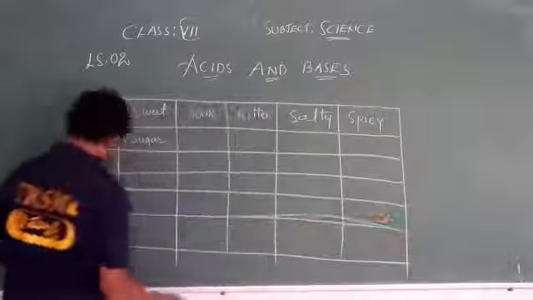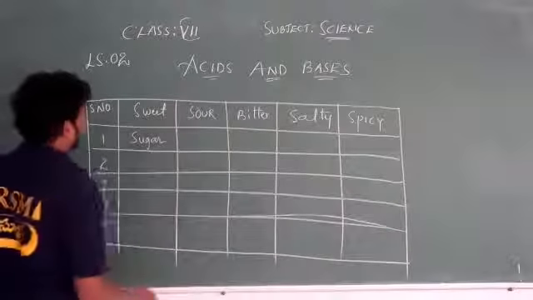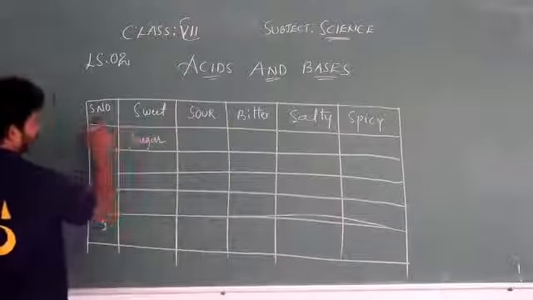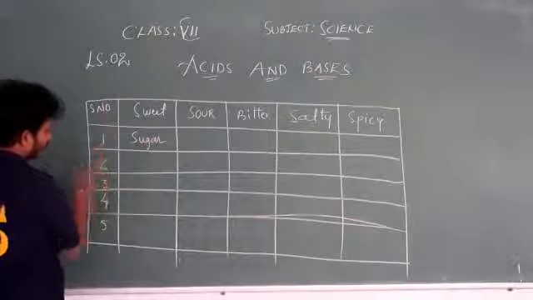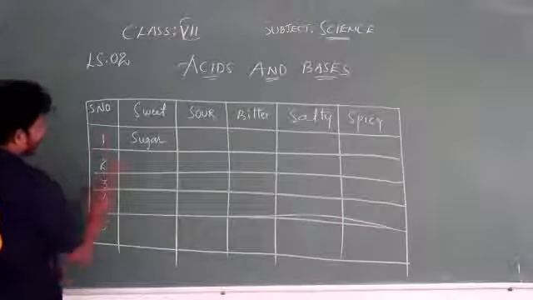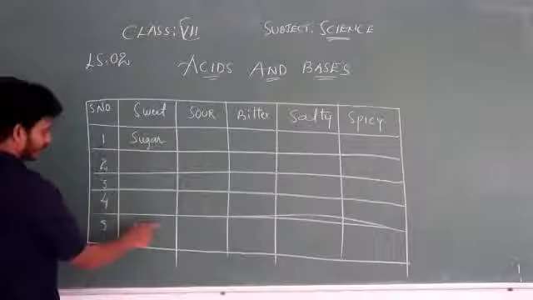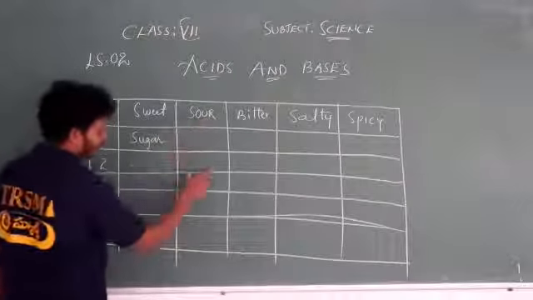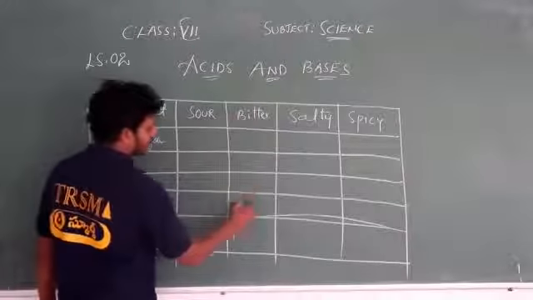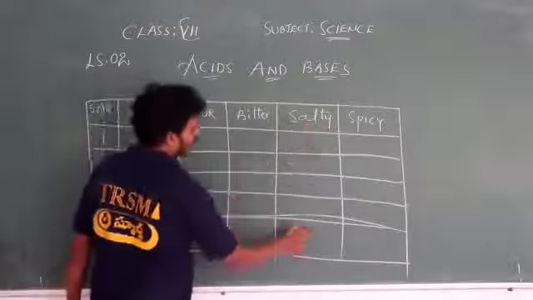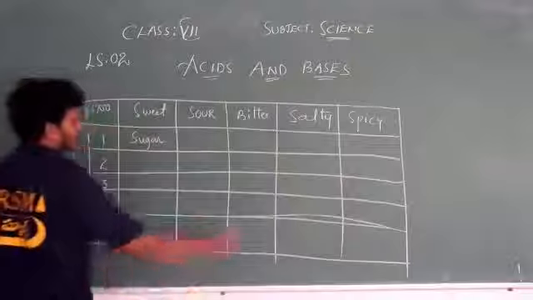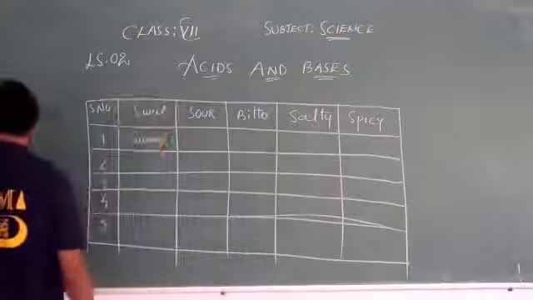Here serial number first, second, third, fourth, fifth. Here we will list out all the sweet materials, sour materials here, bitter substances here, salty substances here, and spicy materials in the last column. So first one,